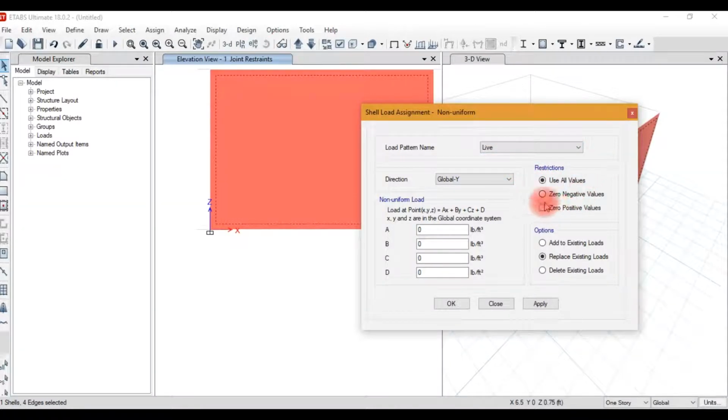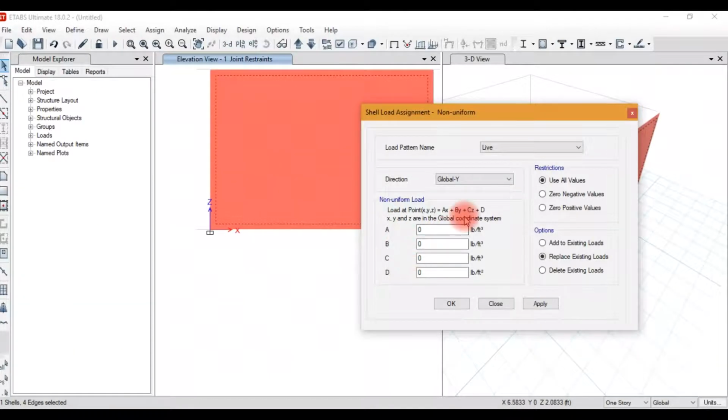Use R values restriction, and this equation is given. Using this equation we can generate the loads. For the wall load we simply apply a triangular load whose magnitude is 1000 pound per square foot at the base and 0 at the top.